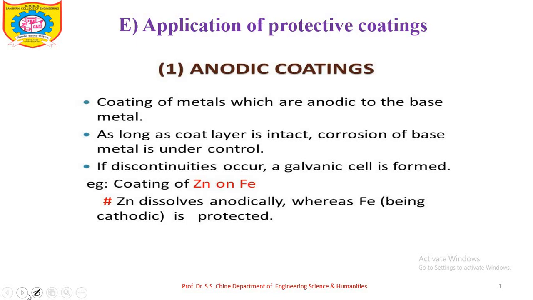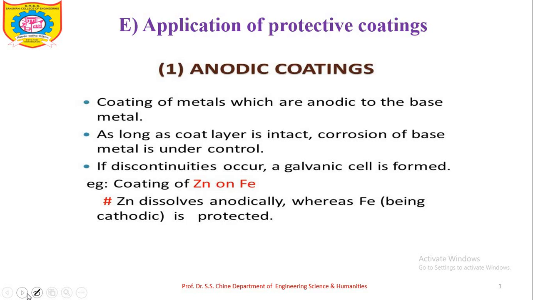So generally these oils and greases may be removed by cleaning with organic solvents such as xylene, carbon tetrachloride, acetone, etc. Then oxide scales and rust or corrosion products can be removed by abrasion, such as by grinding method or sand blasting, wire brushing, etc. And the iron and steel parts are treated with 5% H2SO4 while brass and bronze articles are pickled by immersion in a mixture of HCl and H2SO4. So these are the few steps which we have to follow before application of the coatings.